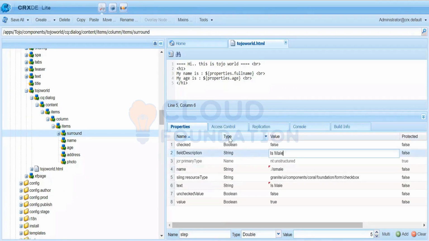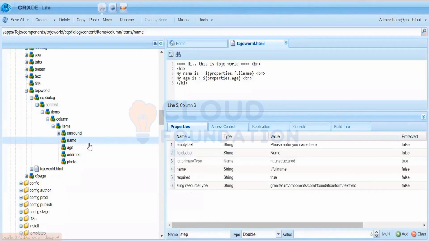This is field description. I will show you, here also you can add field description, like field label. Here also you can add field description. This is string, and then